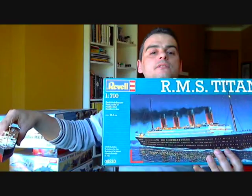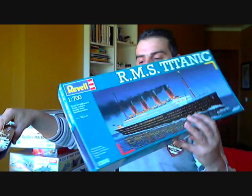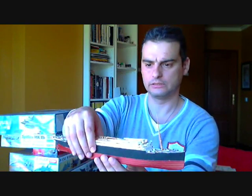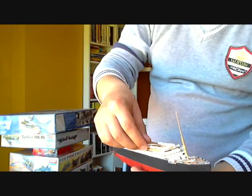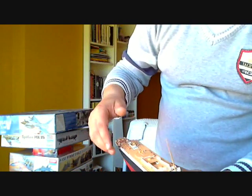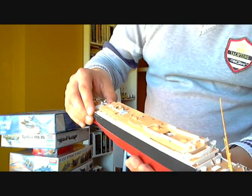I have a Titanic. The RMS Titanic, 1/700, this one from Revell. It has a lot of parts that aren't glued yet, but as you can see,